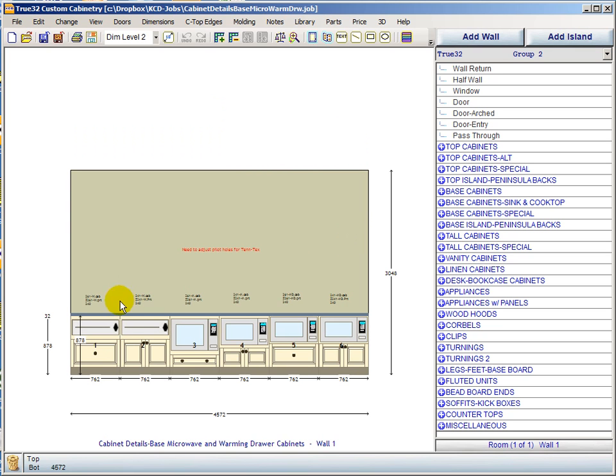So this is a new cabinet group that I've pulled from True 32, the Frameless library, the KCD Frameless library. They had added a cooktop cabinet that allowed you to have a warming drawer or microwave under it, which is not very practical, probably wouldn't work, but I was able to turn the cooktop off and create a very useful cabinet. So here we have a warming drawer over a drawer, a warming drawer over pair doors, a microwave over